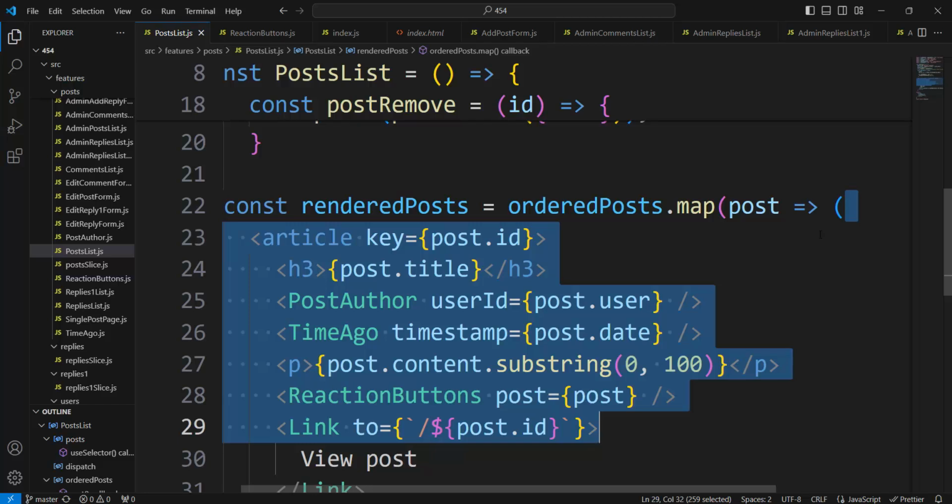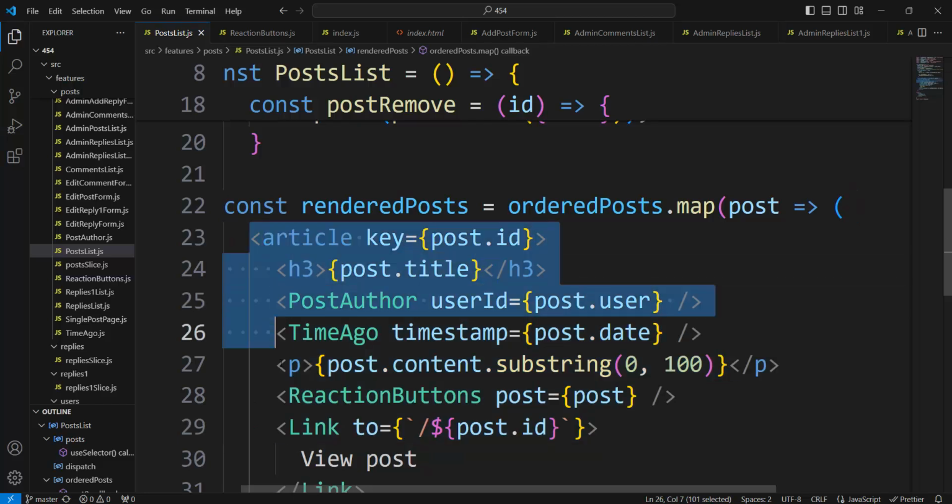And after the first post, the map takes the second post. It is an object post. The posts array is an array of post objects. A single post is an object that has an ID, title, and content. And the map takes the second post, and the arrow function takes the second post because of closure, and gives it here inside the article, and we have